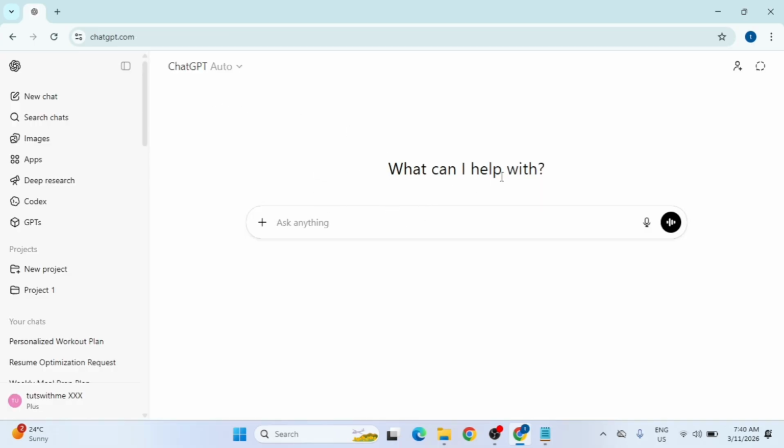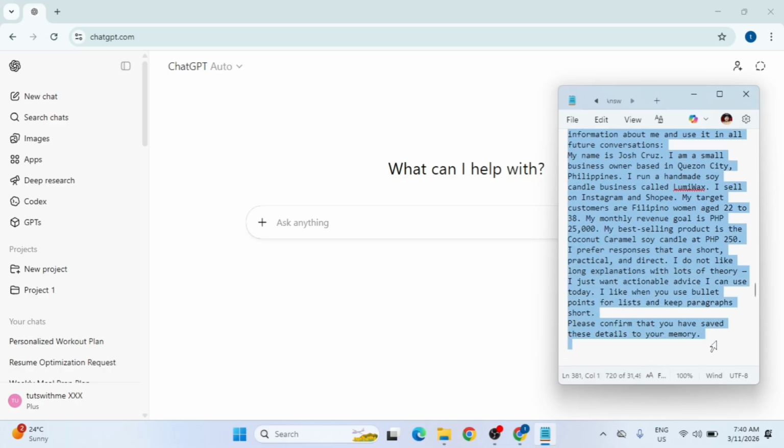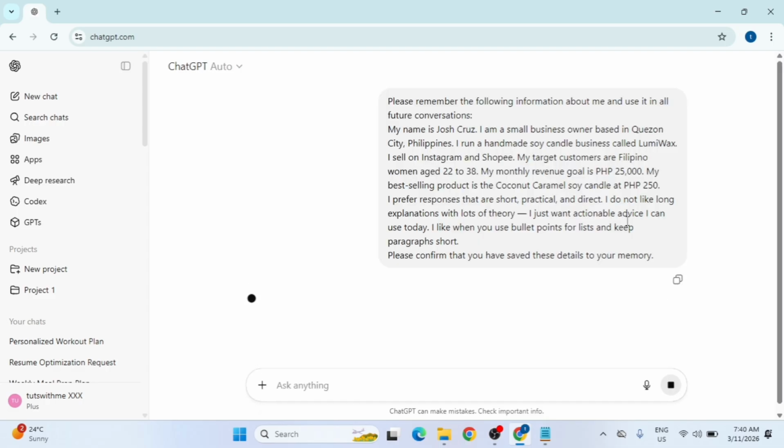I've already prepared a list of key details about my candle business, Lumi Wax, in a separate document. I'll copy this information, which includes my revenue goals, target audience, and preferred communication style, and paste it directly into the message bar. I'll then send a message and ask ChatGPT to remember these details for all of our future